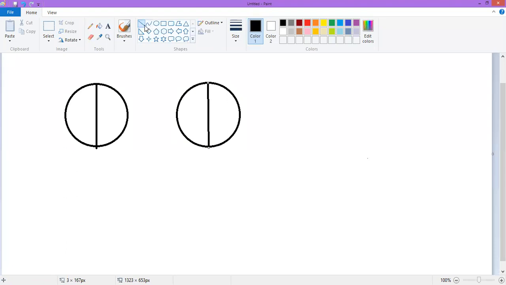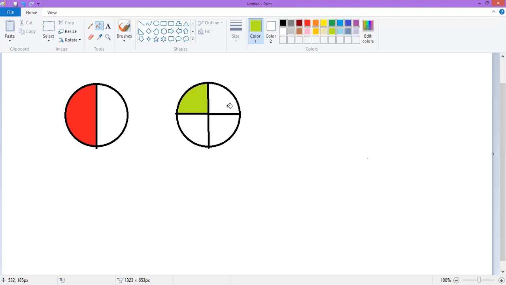This is one half, and now I divide it into two more equal parts. This is half now. What I'm going to do now,